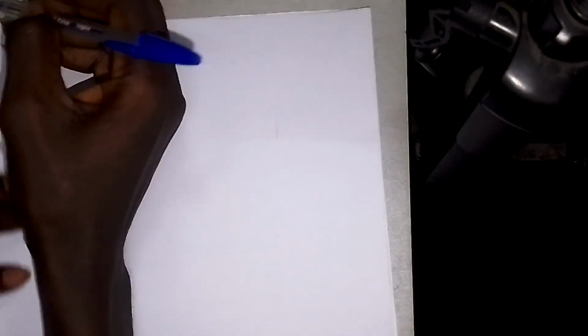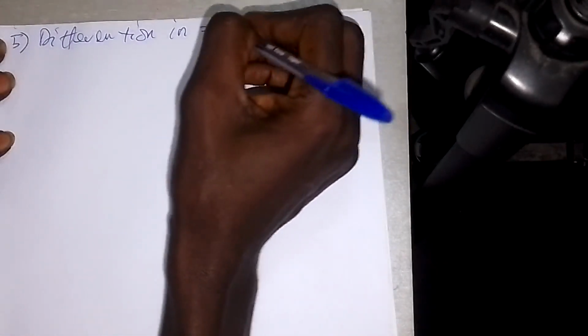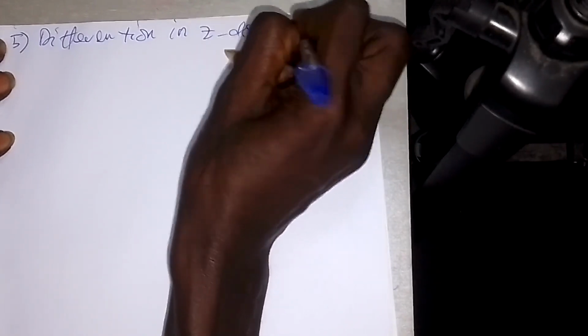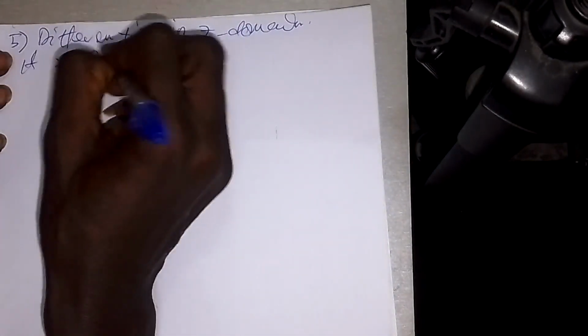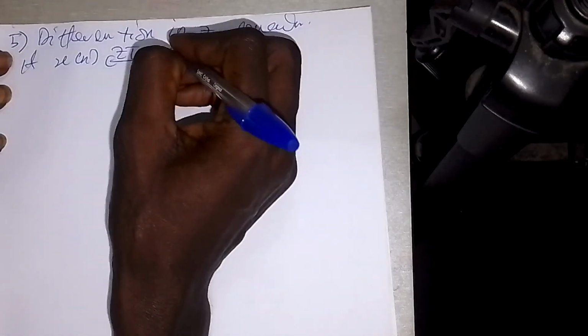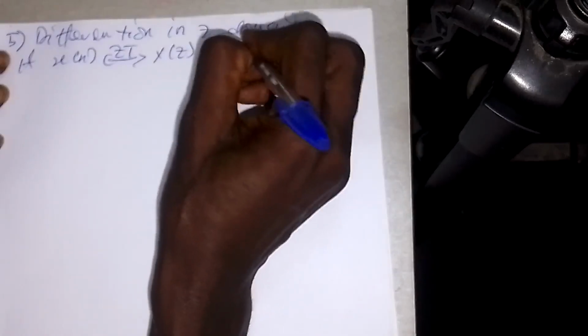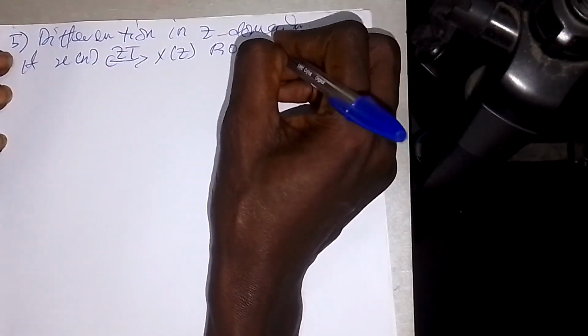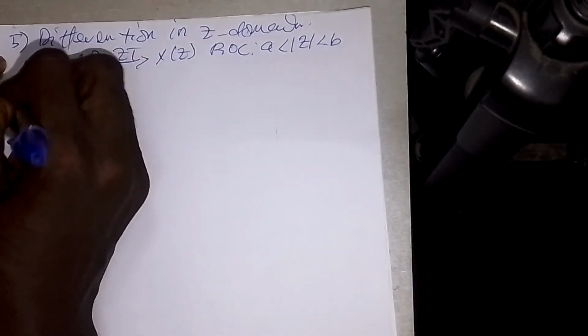Let's continue from property number 5, which is differentiation in the Z domain. Here, if you have x of n that gives you a Z transform of X of z, and you have an ROC of, let's say, A less than mod z less than B, then you're going to have